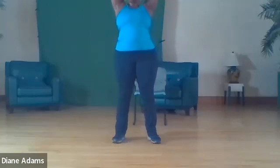Weights above the head. Turn the palm facing forward and then lower the weight till our elbows are 90 degrees. Then lift them back up. Set of 8. 8, 7, 6, 5,